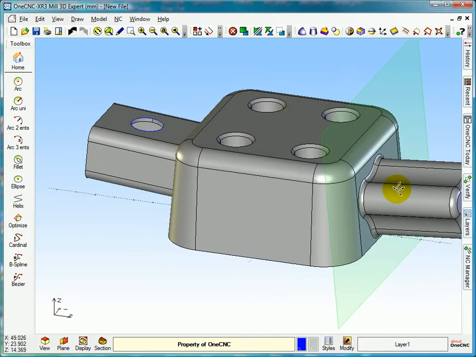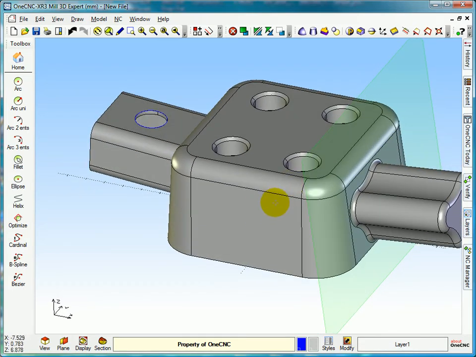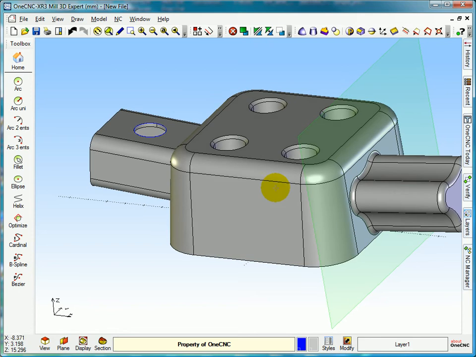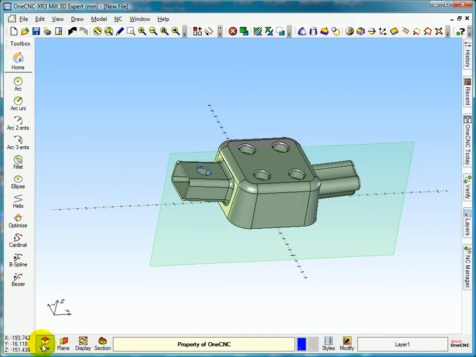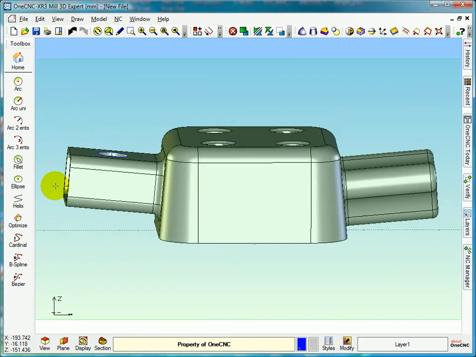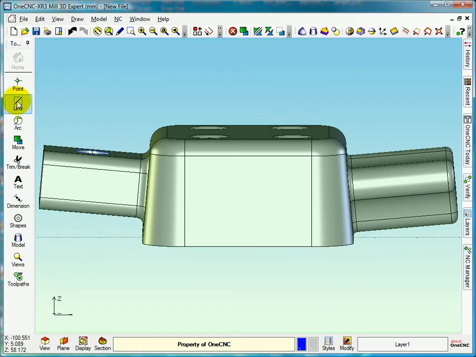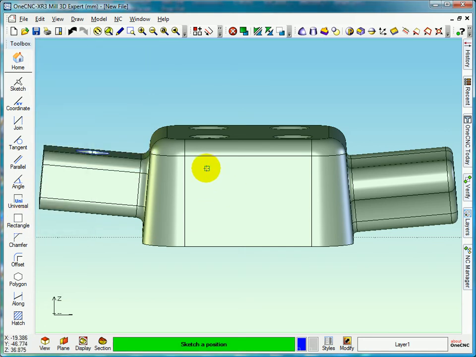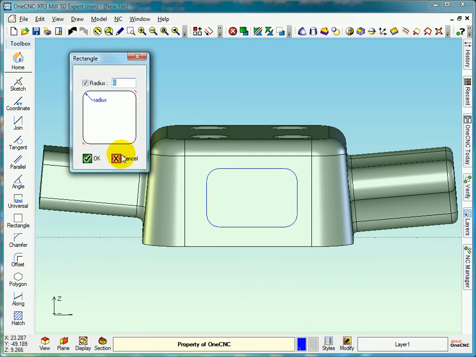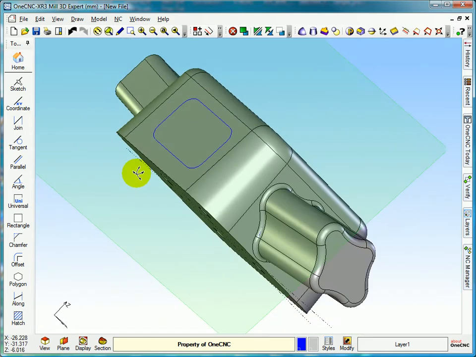On this side I'm going to put myself a cut into the job. So what I'll do is create myself another plane, select a plane, pick the front edge. You can see we've got the plane on the front edge, and what I'll do is just go into view, plane view. I could, if I want to, just go into line, rectangle, and we'll put 6mm radiuses in it again. I'll sketch from here to there, press cancel,